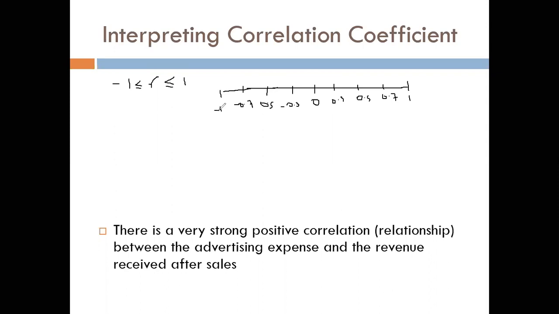So let's concentrate on the positive side. Now when the value you obtain for R lies between 0 to 0.3, we're talking about a